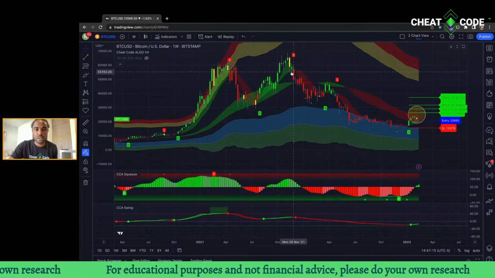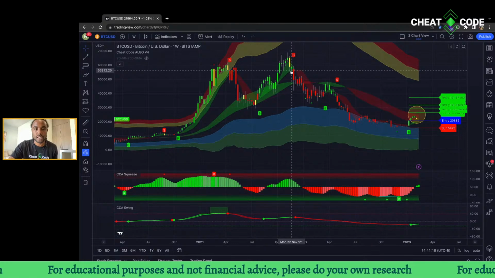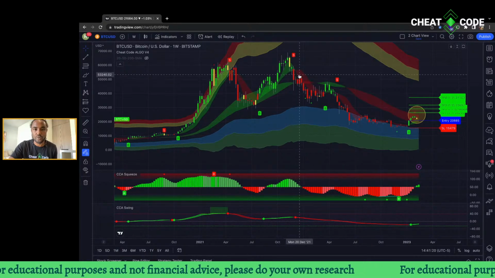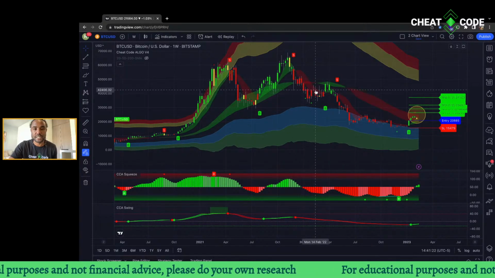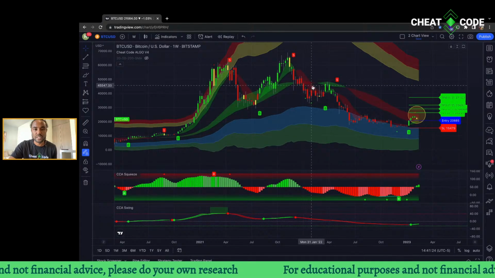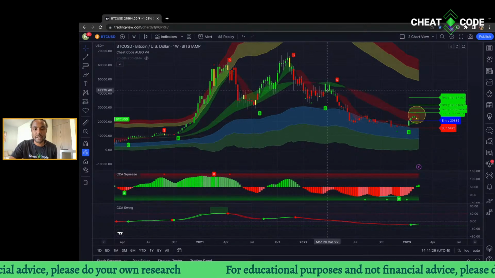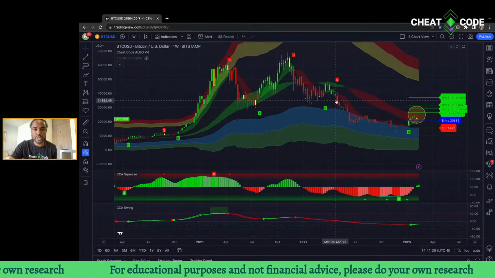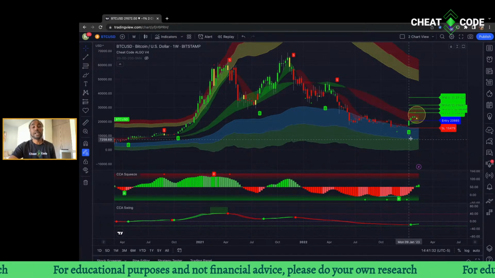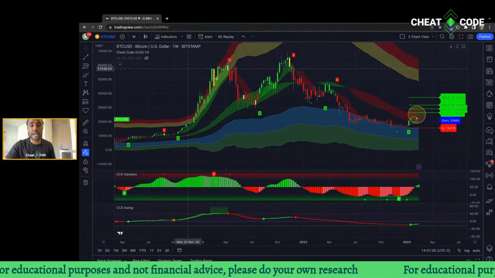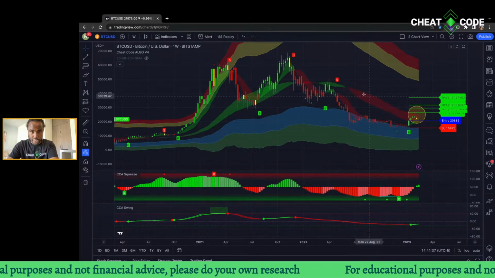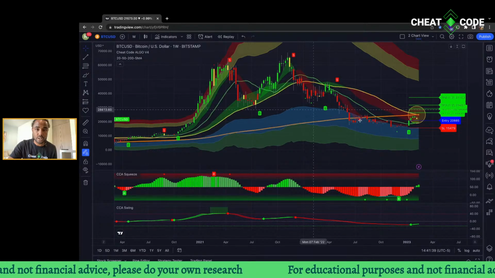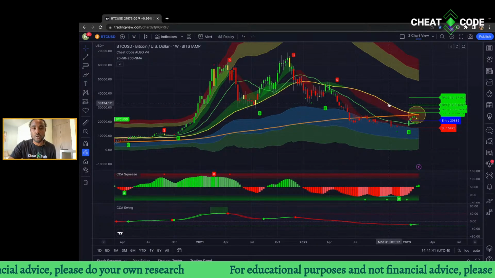That way, when you see it cross out of this green trend cloud, you can see it then becoming red, and then it's rejecting it. This cloud is now resistance. Same thing here: it lifted up, gave it green, gave it support, but once it crossed back under the green, it became resistance. So if you've got cheat code algo, you also have these. This is going to be a moving average here, because when we turn it on, you can see the line here. Hope that makes sense.